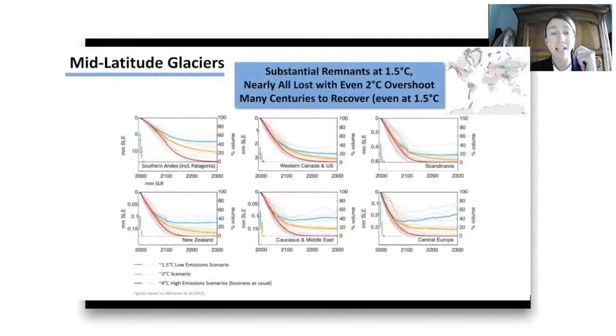So now let's move on to mid-latitude glaciers, where ice loss is also accelerating. In those regions, all of the ice will be gone by 2300 if we keep following the high emission scenario. But fortunately, there are other pathways we could decide to follow instead. And if global temperatures remain at or below 1.5 degrees, glaciers could preserve up to 40 to 45% of their